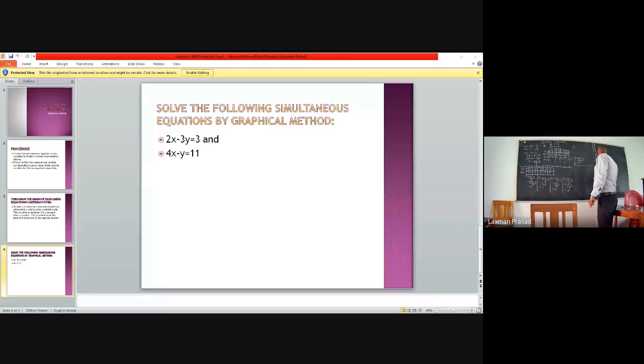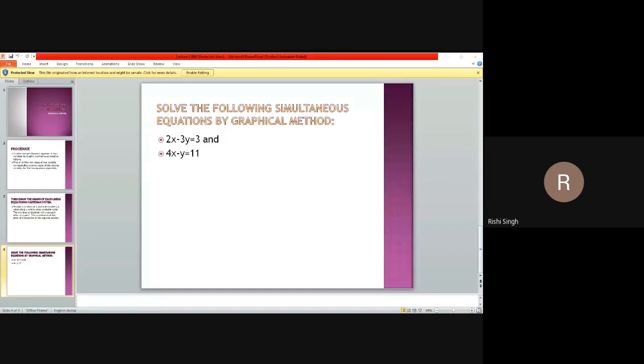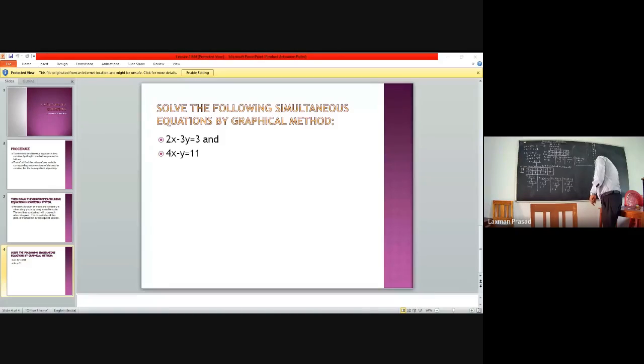And there is a negative value, so minus 1. 1, 2, 3, 4, 5, 6, 7, 8, 9, 10. See, if the value of x is 0, meaning origin, and the value of y is minus 1, it